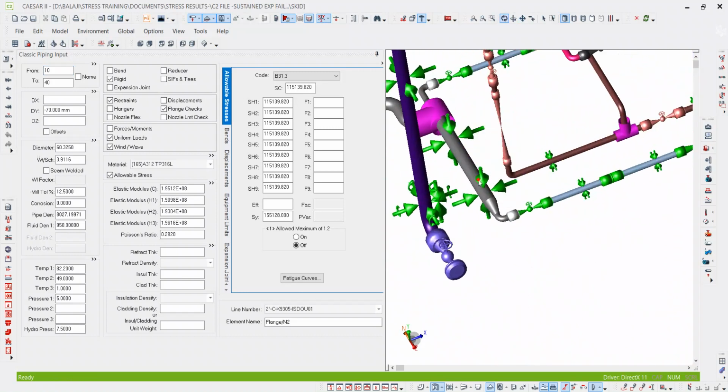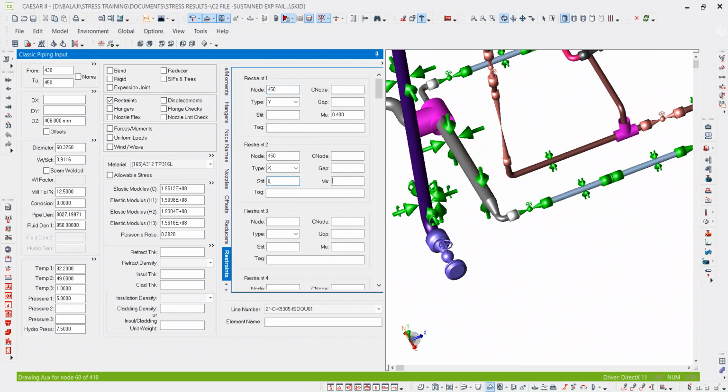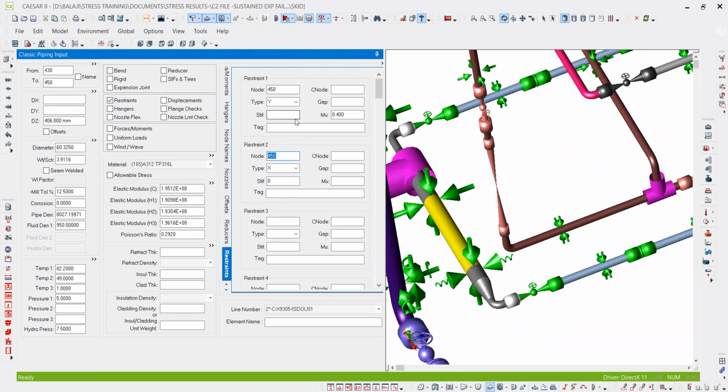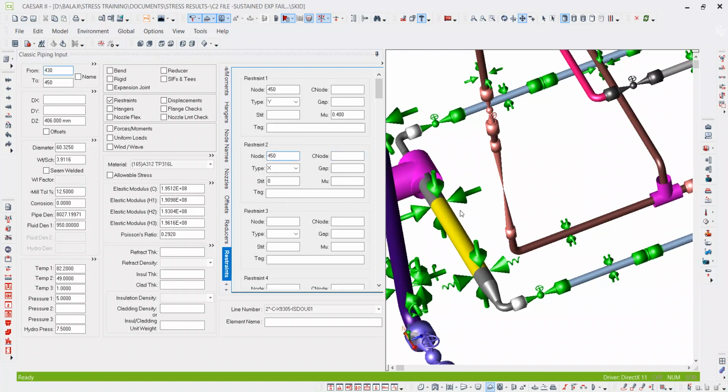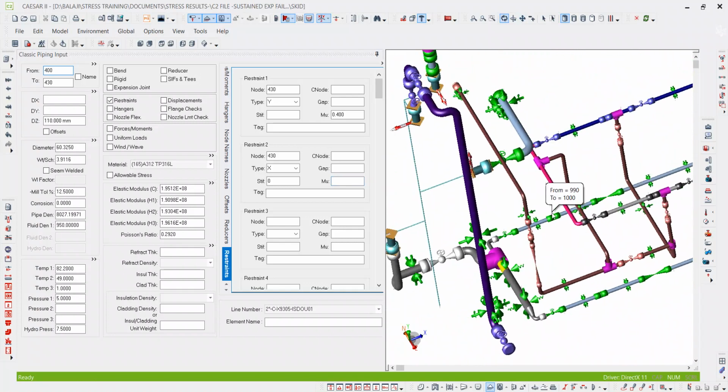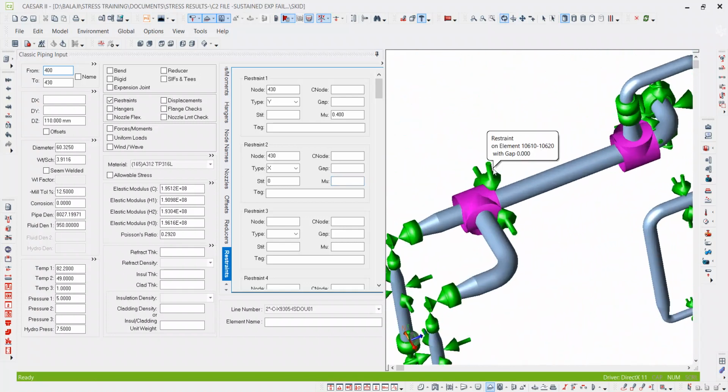So we'll remove the guide here. If I enter stiffness as 0, it will consider the support not valid there. If you give 0 or any such value, it will be invalid, and the support will be deleted. If you give stiffness as 0, then the support is not there. So I am removing the support like this, 0. I remove the guides, and in this location we need to see